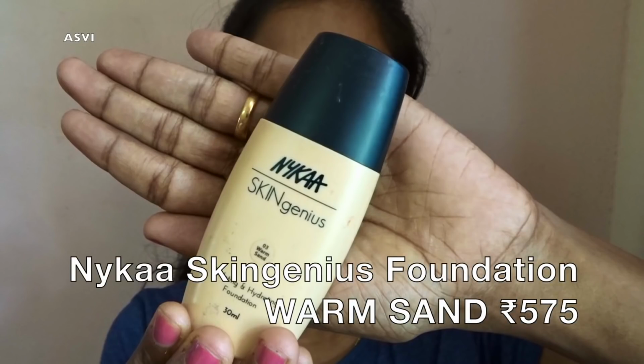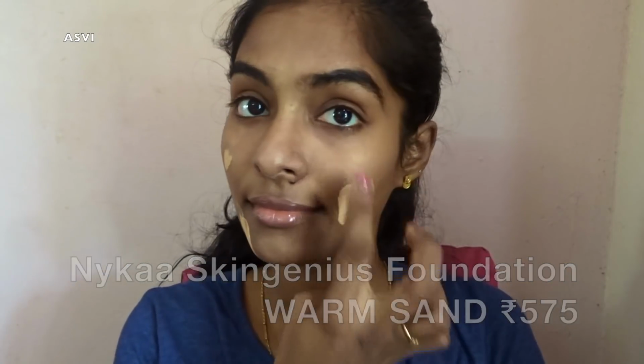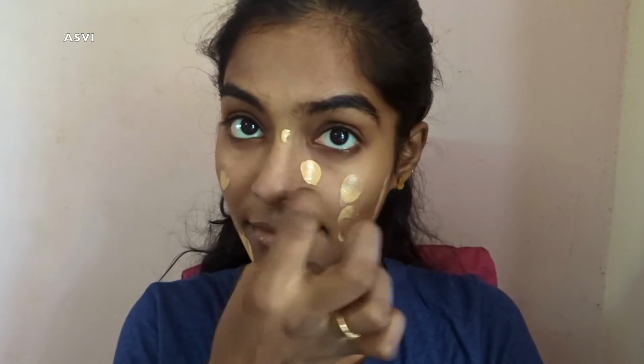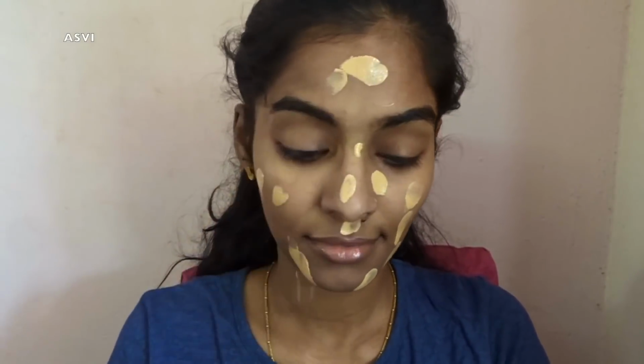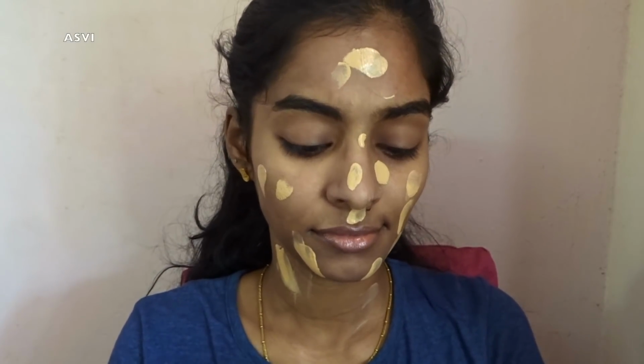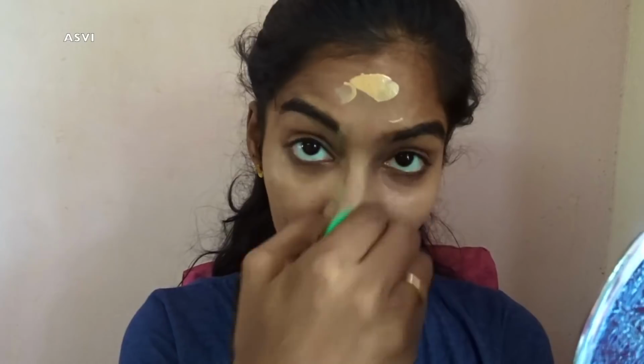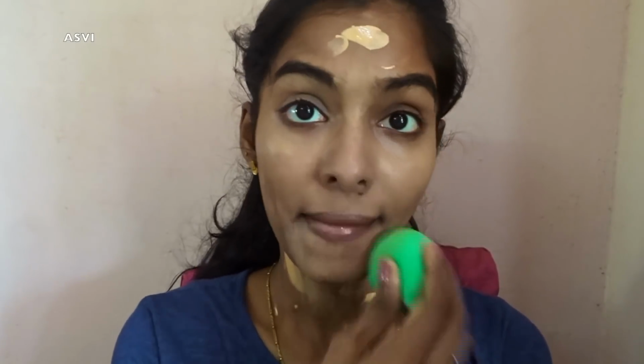Then for foundation, I'll be using this Nykaa Skingenius foundation in shade Warm Sand. Even though it is slightly lighter than my skin tone, after a while it definitely matches my skin tone, which is something I really like about this foundation. Not just that, it is very lightweight, so it is perfect for South Indian climate, and also it has got very less coverage, which is again something I like. I do not like high coverage